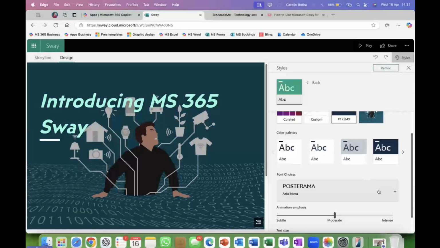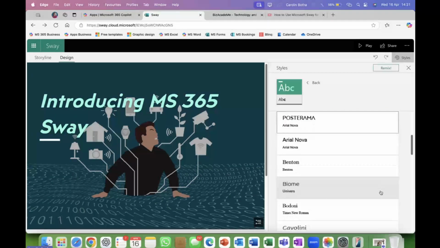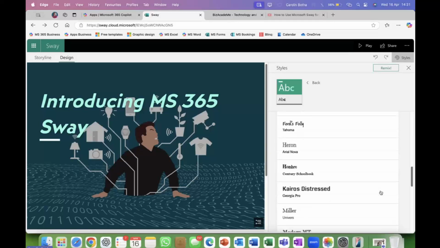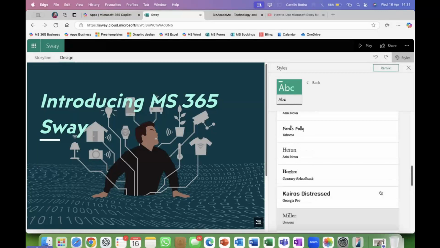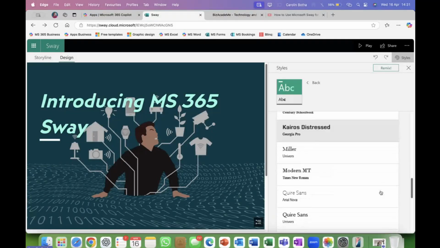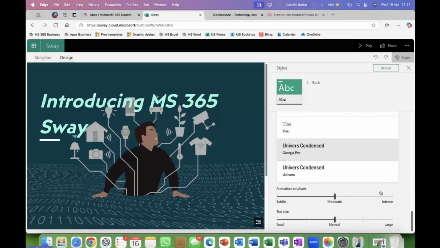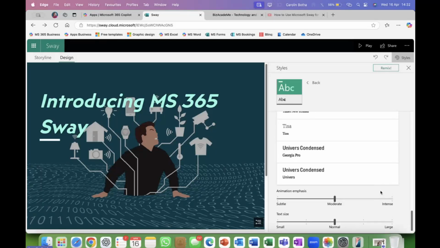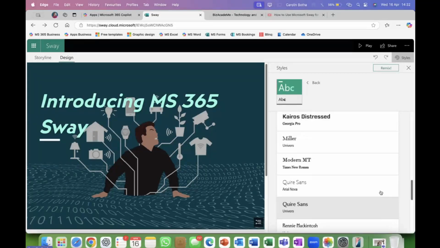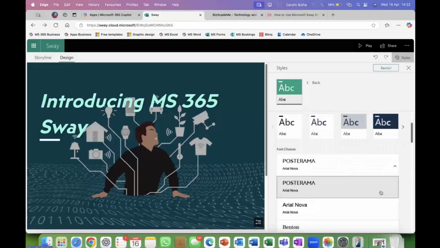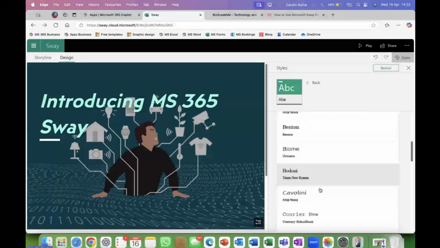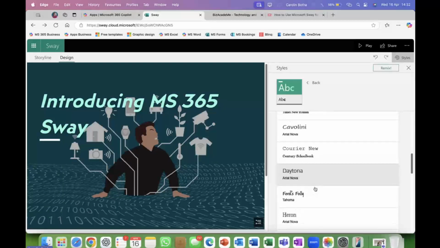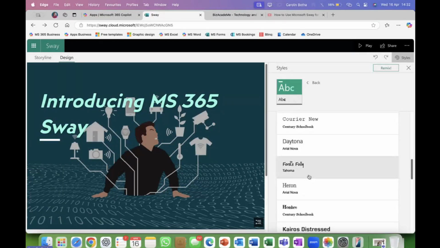And here are my font choices. So I'm not too sure whether my font will be listed here, as I've mentioned. Otherwise, you just have to try and find something. There's not a lot of fonts available, unfortunately. You just have to try and find something close, but there's nothing close here, I must admit, and I don't want to waste time on it.